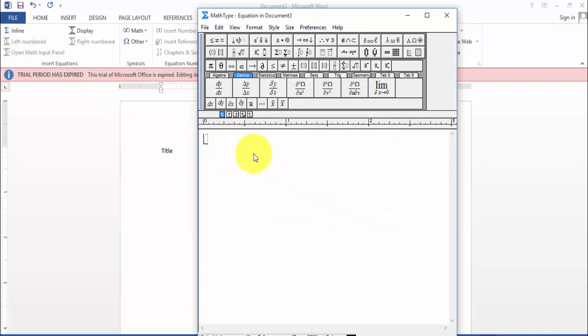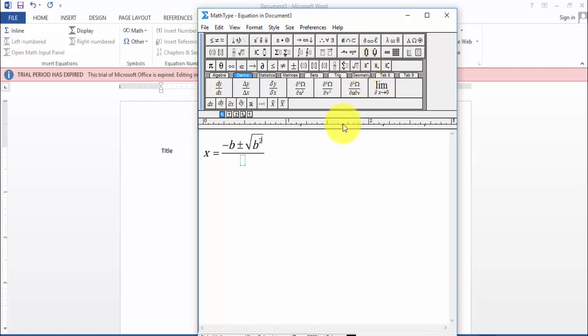So I'm going to type an equation. x equal to, this is division, minus b, plus or minus. Here I have the square root, b squared.